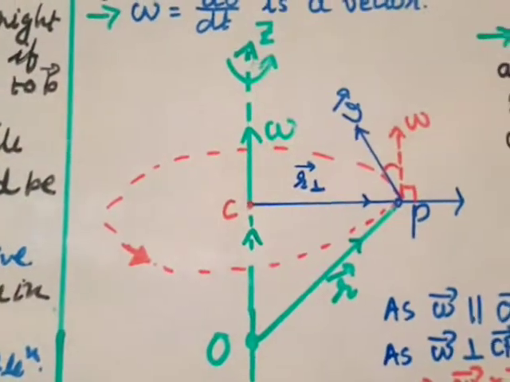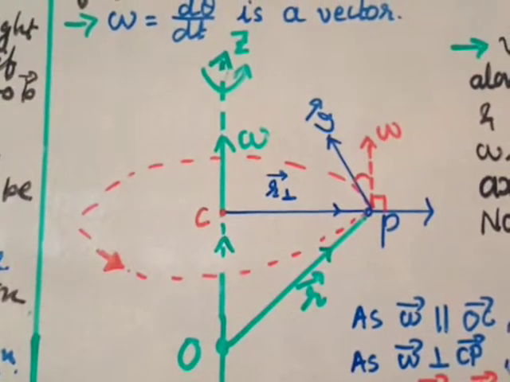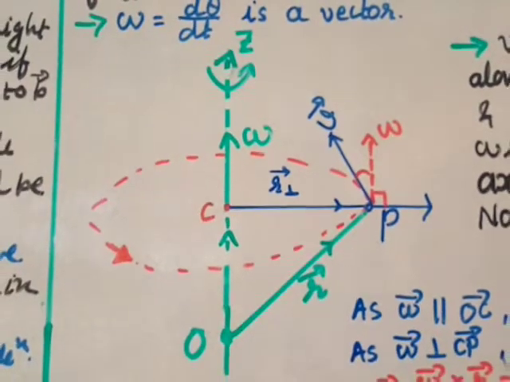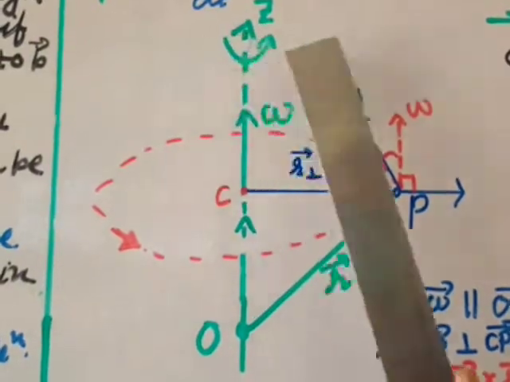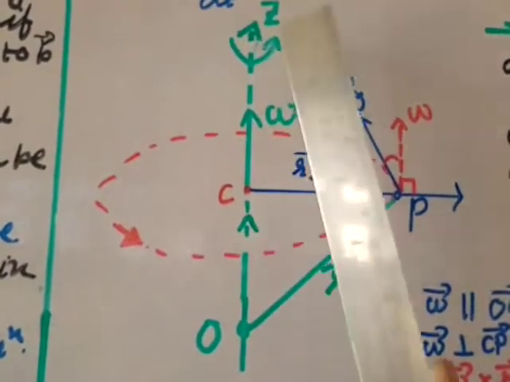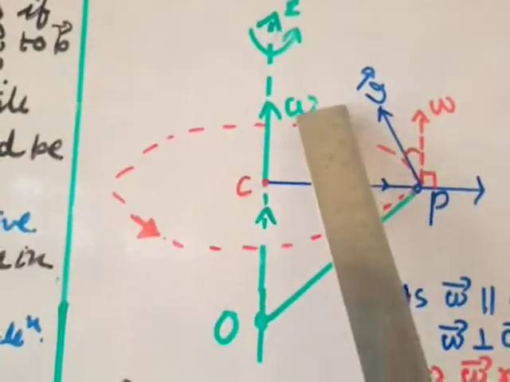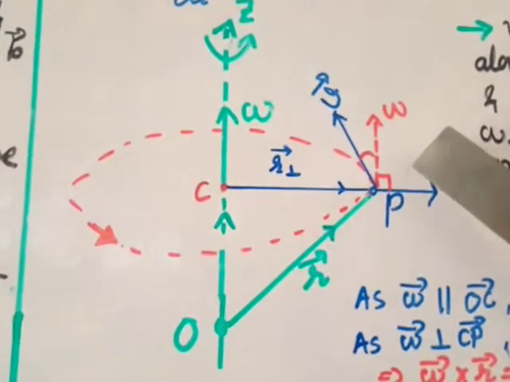Now in this figure we can see that we already said that the angular velocity of the whole body will be the same. So the angular velocity is in this direction. I have shown this arrow omega. This is the axis of rotation, the z-axis, and omega is in this direction. That is, omega means angular velocity. And this is point P.